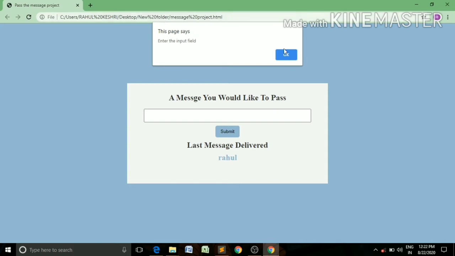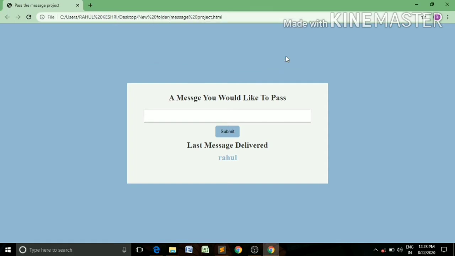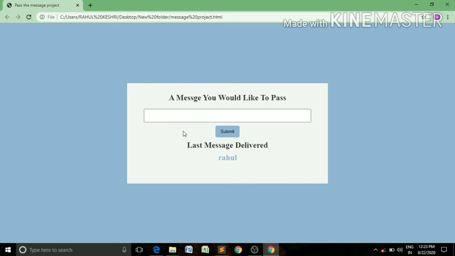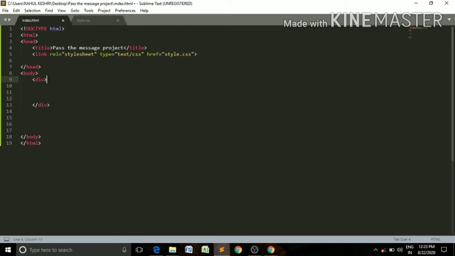Okay, so guys, again I am requesting you, firstly try to do it yourself, after that move on to this project. So let's start to discuss this project. Firstly, open your Sublime Text Editor, make an HTML file with .html extension, make a CSS file with .css extension. Now just write the code. Firstly, we will have to make this layout. By using HTML we can make this h2.